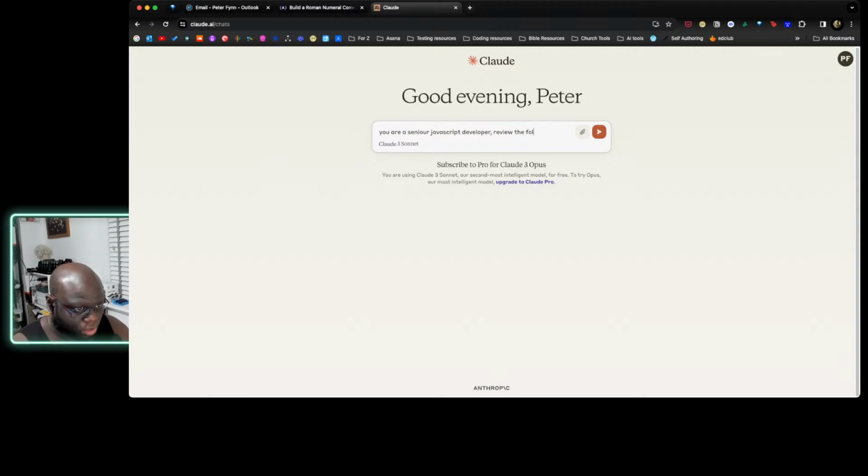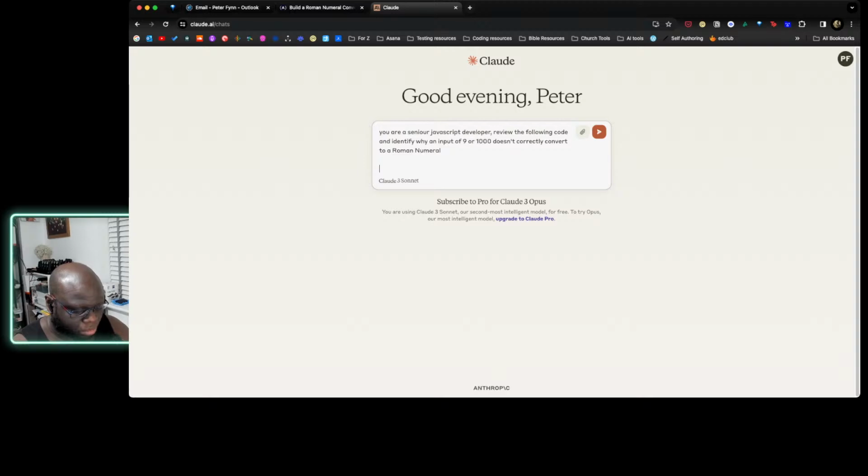Review the following code and identify why an input of 9 or 1,000 doesn't correctly convert to a Roman numeral, but an input of 8 or